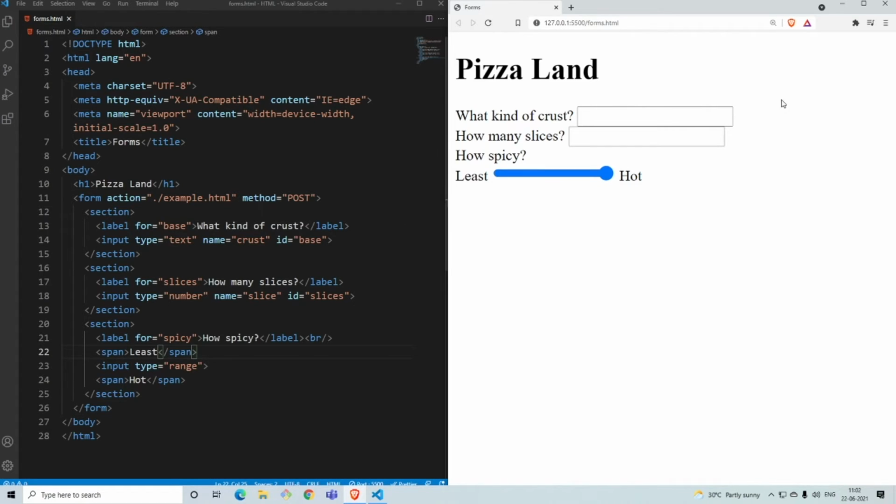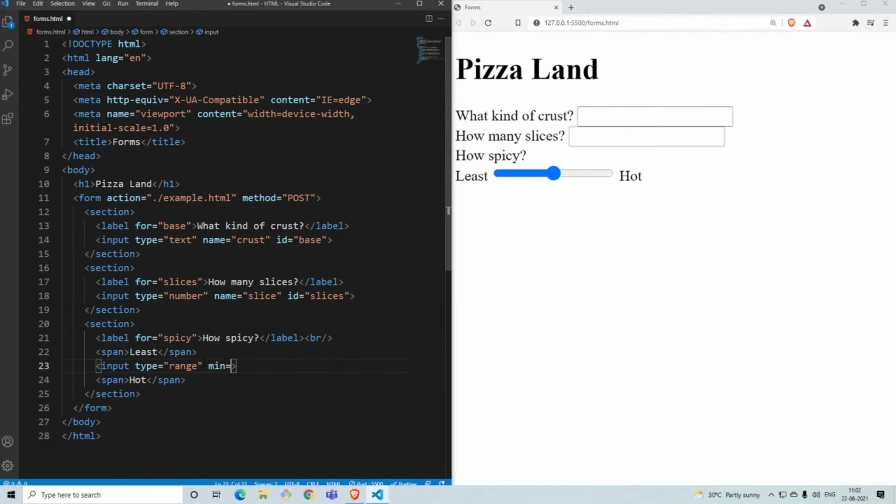Like the number, we can also add a step for this. So let's say its least is 0 and hot is 5. So you start from 0, then you go to 1, then 2, 3, 4. That's how the increase should be. You can just drop anywhere, but through that they will not be able to know. So you want to have a way through which people can know this is the range of it. So let's go ahead and do that.